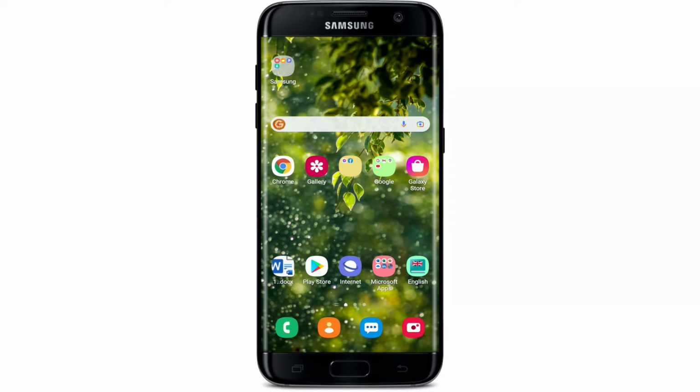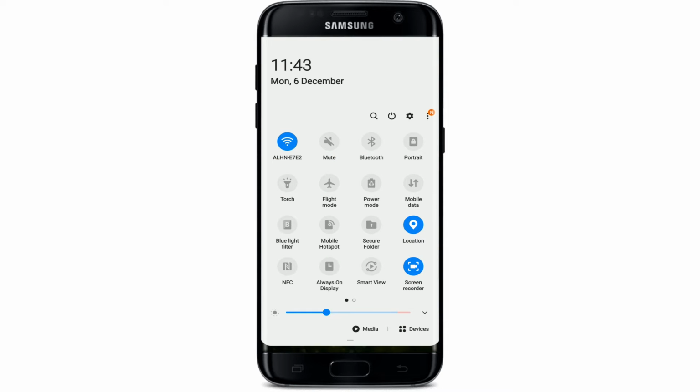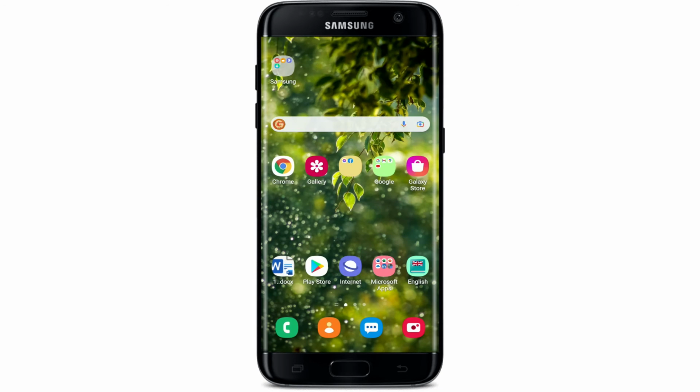If you're not able to see your WhatsApp status loading properly on your WhatsApp, then the first thing to do is to check and see if you are connected to the Wi-Fi or your mobile data. Make sure that you are connected to either your Wi-Fi or your cellular data. Make sure to be connected to the strong one and go back to your WhatsApp application and see if that fixes your error. Simply wait for a little while and after a minute, you should be able to see your